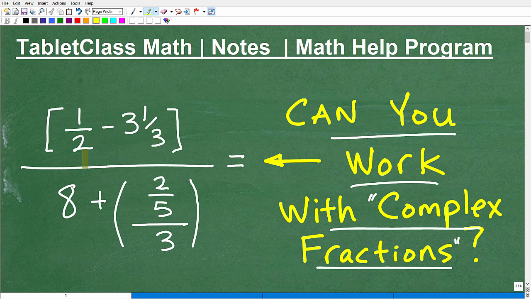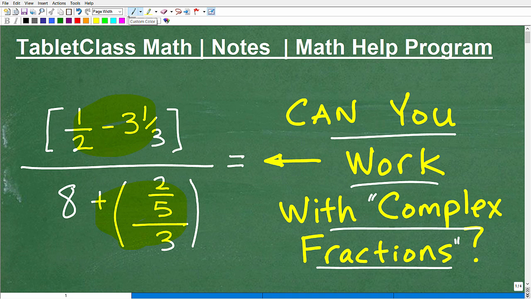So here, in this particular problem, we have some fraction stuff in the numerator. It's not just a number. And in the denominator, we have more fraction stuff. So that's what a complex fraction is. It's not just one number or one value as a numerator or denominator. So when we have fractions over fractions, that is a complex fraction,